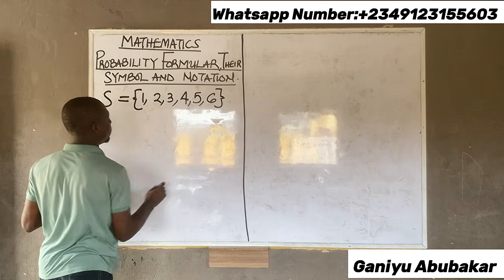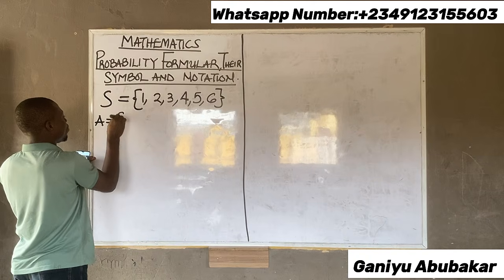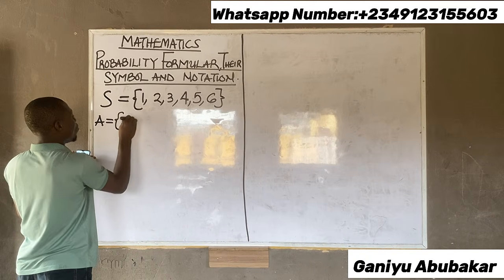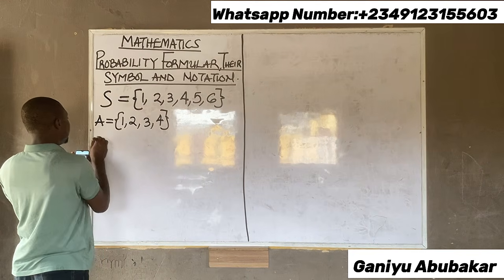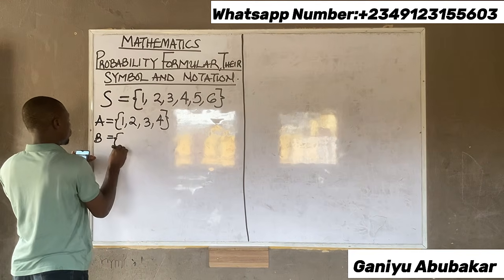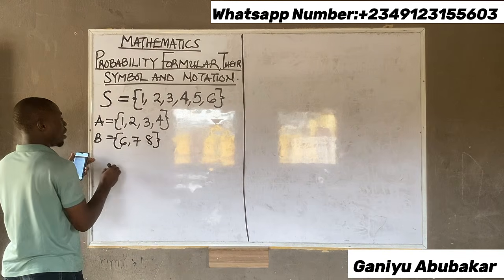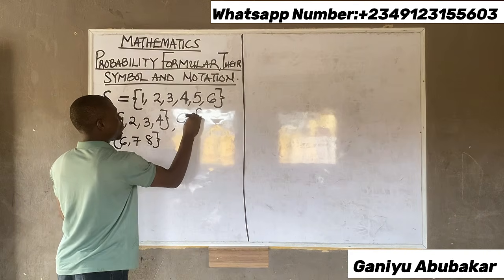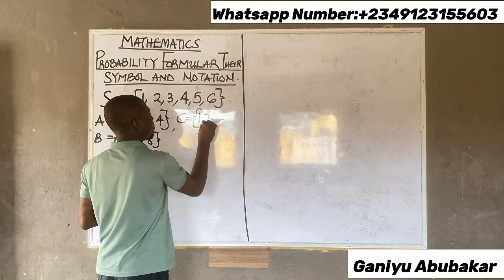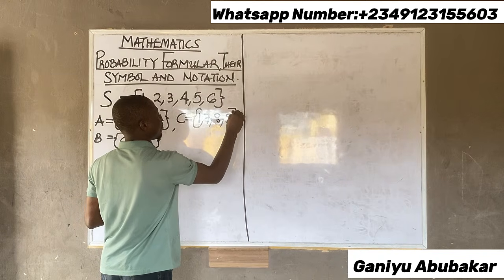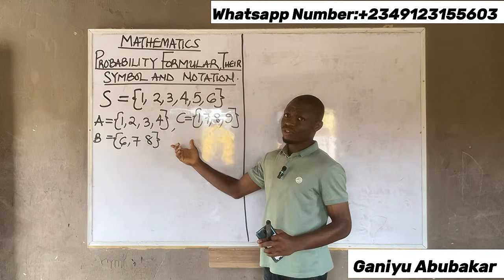Let's say we are given an event A equal to 1, 2, 3, 4, and event B equal to 6, 7, 8, and event C equal to 1, 7, 8, 9. I'm going to be using this particular example here to explain